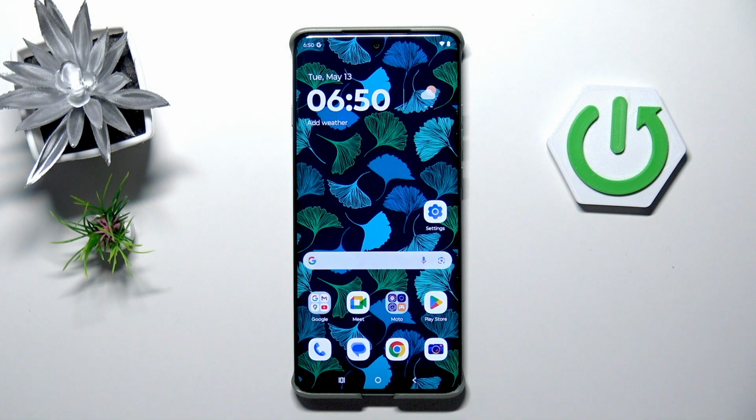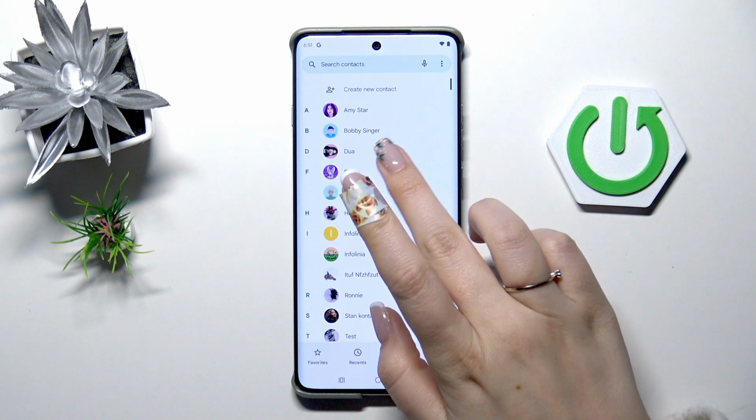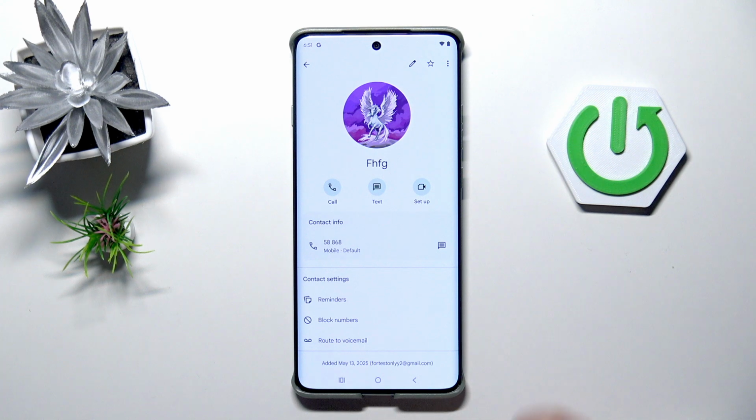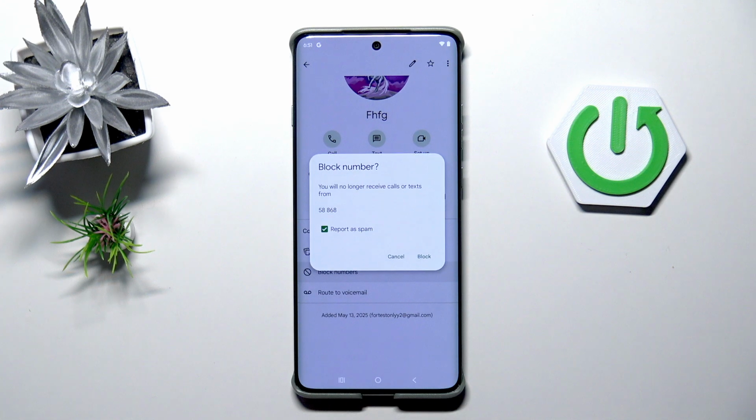Alright, so let's start with opening your contact list. Find the contact you'd like to block and tap on it. And now in this contact settings we've got block numbers, so let's enter. Now your device is informing you that you will no longer receive any incoming calls or text messages from this